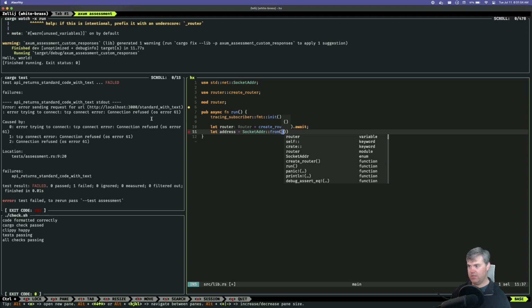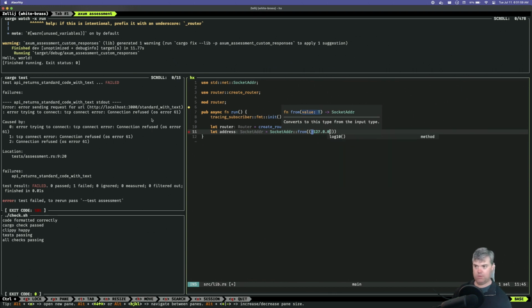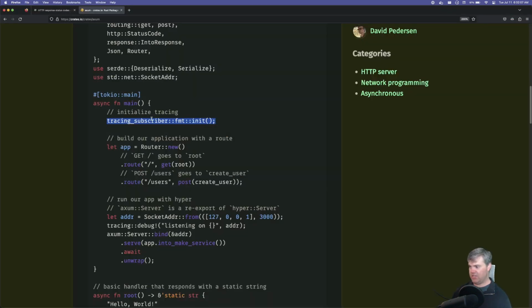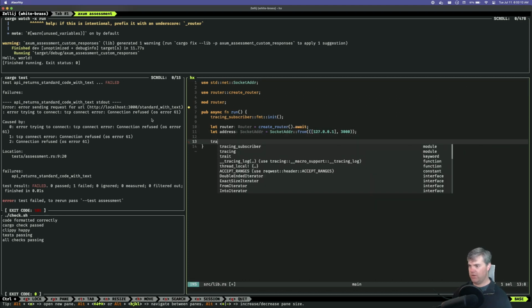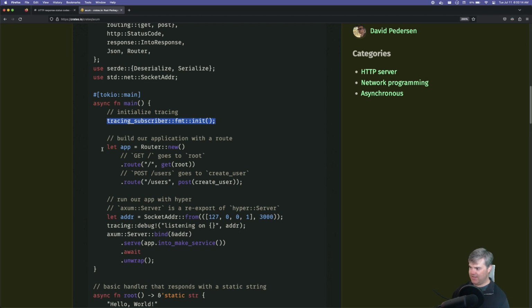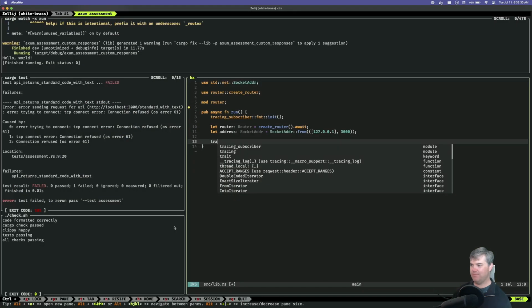So tuple array. And that's that. I could do tracing debug at this point in time. I guess we do this right now because as soon as I await, this function is just sitting here forever. It's never going to get to the next line to do the debug. So I have to do the debug first.